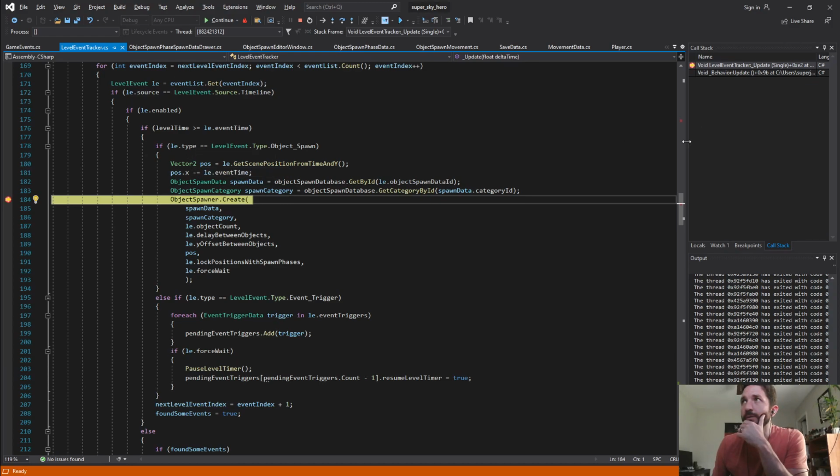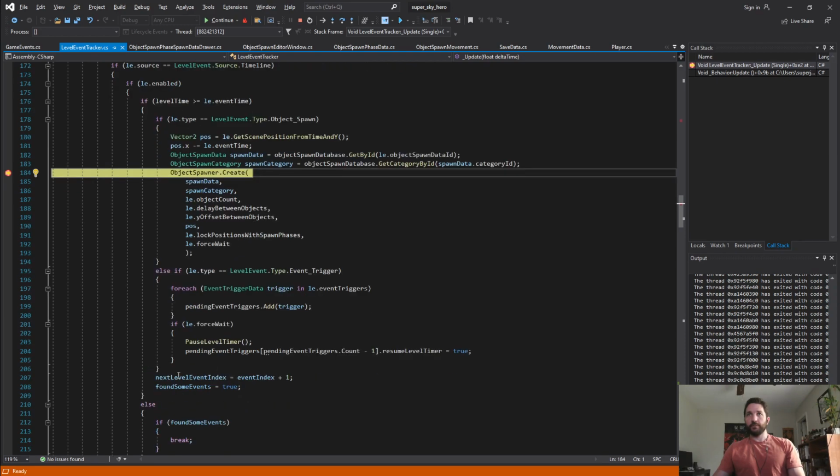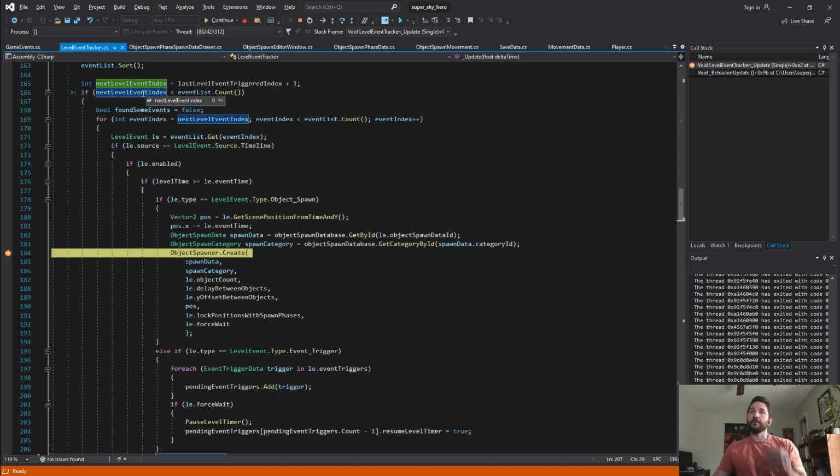So level time is 0.42, event time is 0.42. So what's going to happen is next level event index. Maybe there are two events. That would be some crazy coincidence. But it would account for the other things. Like if there's two of these guys getting created, of course each one of them is going to spawn another guy, not two other guys. So if that's the case,